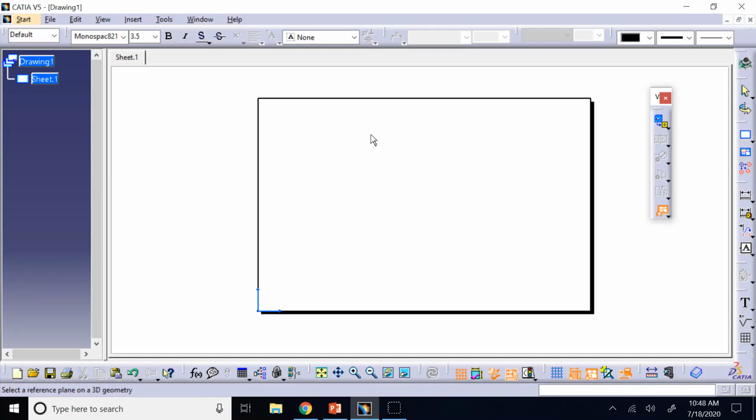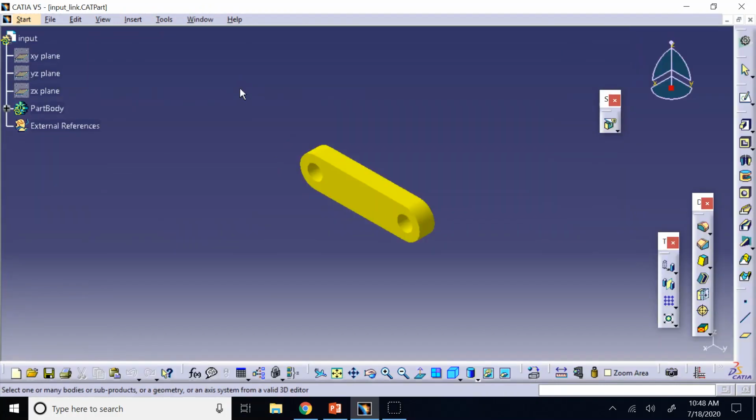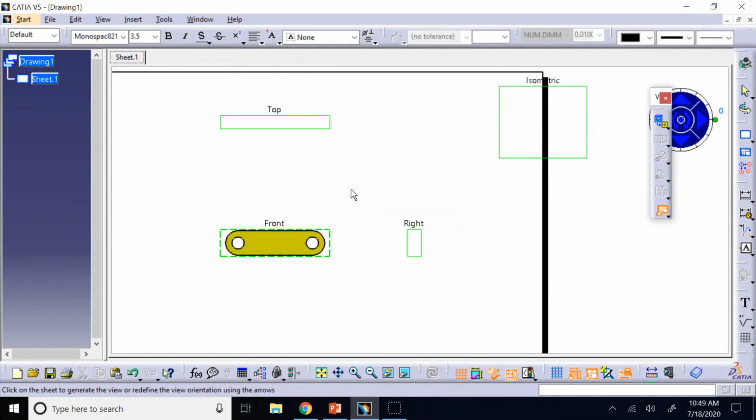Why? Because you have not specified which 3D part you want the views to be created from, but you see this command is still active. So what do you do now? You go back to Window and go to the part that you want to make drafting out of, and then you click on the front plane of that part. You choose the front plane of that part. Now if you come back here,